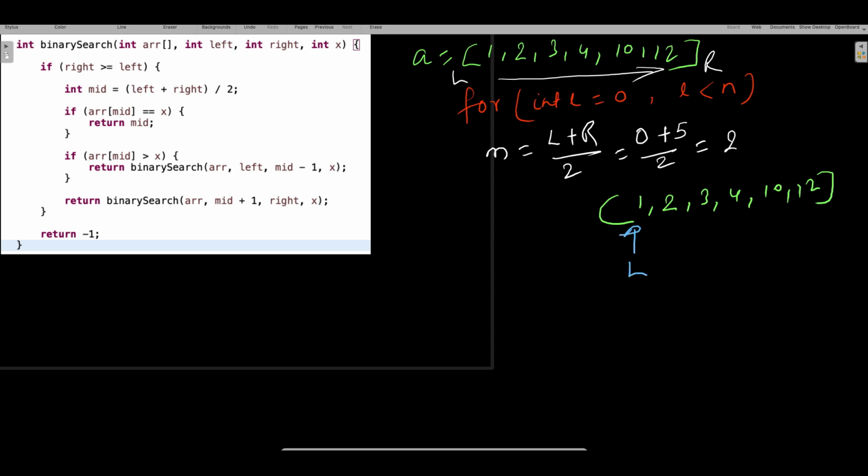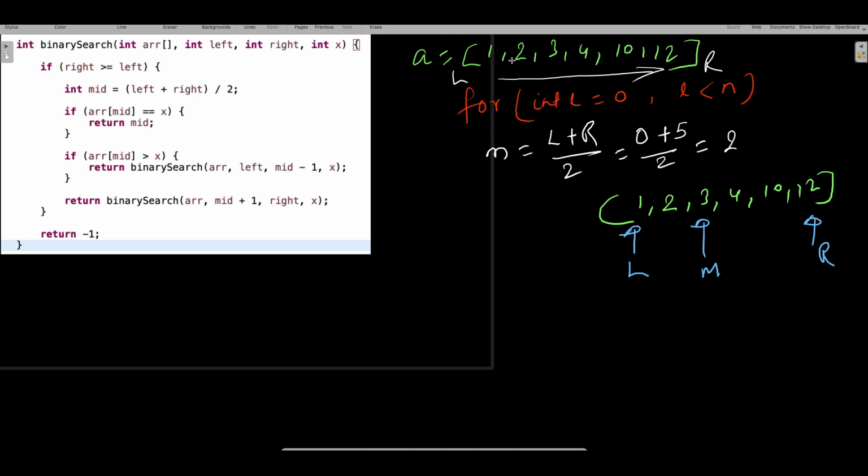This is your starting index, this is your ending index, and this is your middle: 0, 1, 2. So this is your middle index when you calculate like this: 0, 1, 2, 3, 4, 5. So 0 plus 5 by 2.